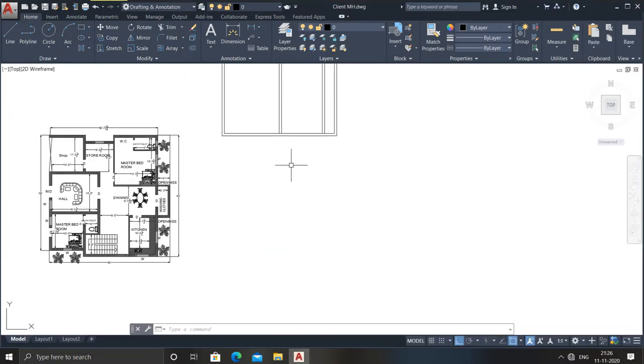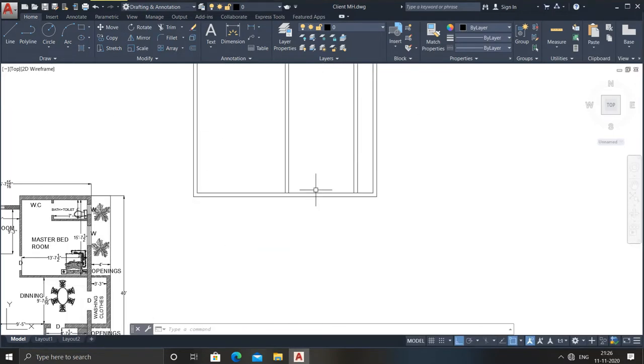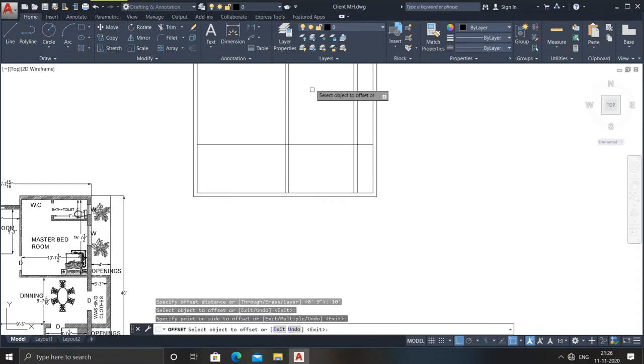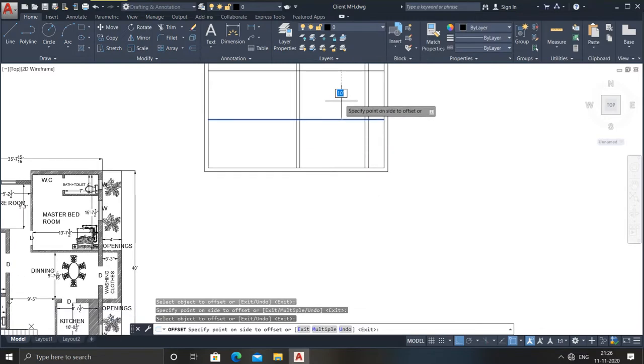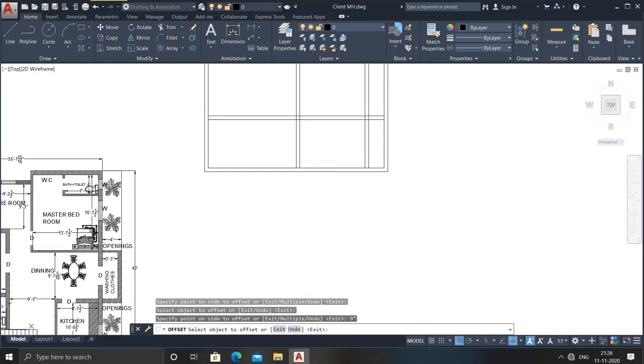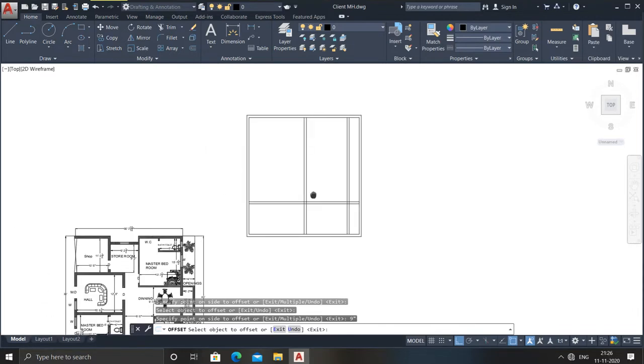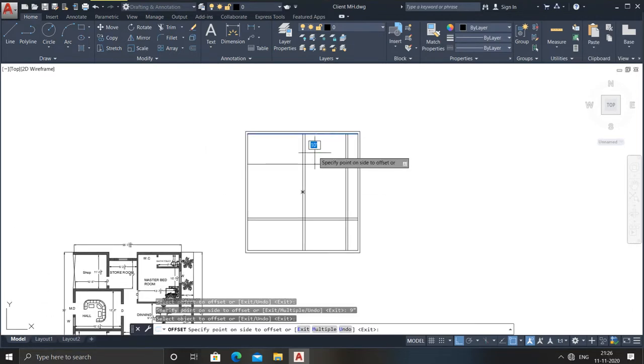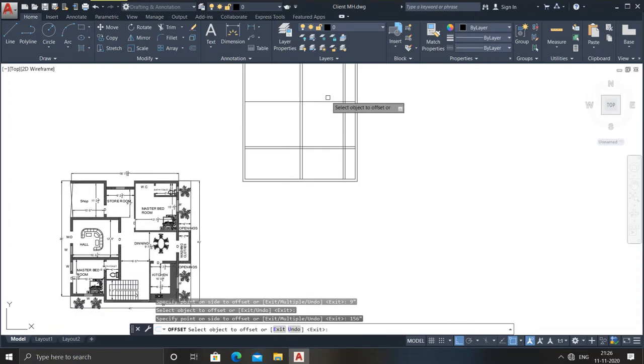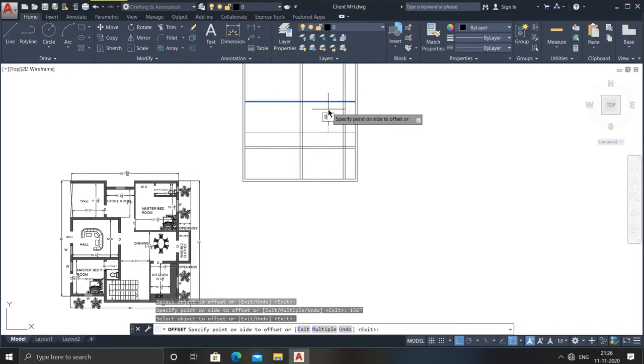10 feet only. So what I need to do is go for the offset command of 10 feet up to here, and I need to take the thickness as 9 inches. Now after that I need to take this 15 feet 6 inches from here to here, 15 feet 6 inches. Now click it here. Now again provide the same thing, 9 inches, right? Just go for the escape button.